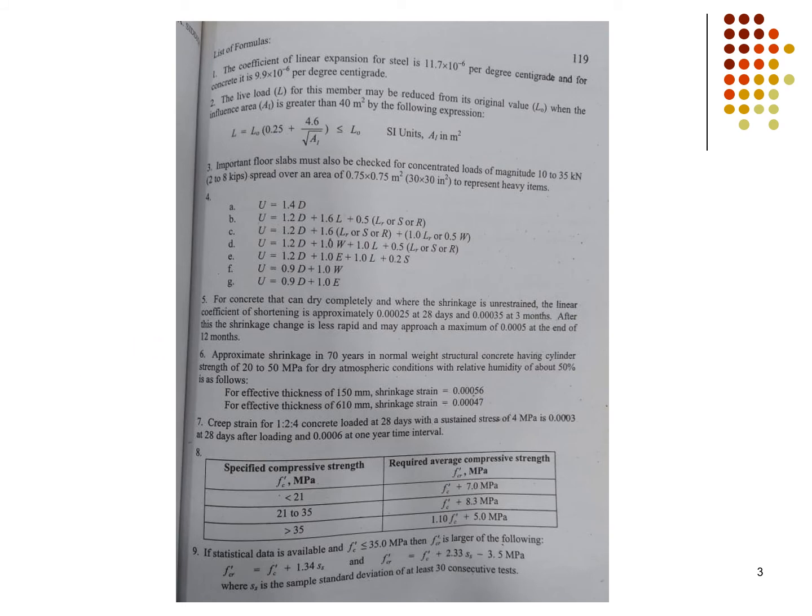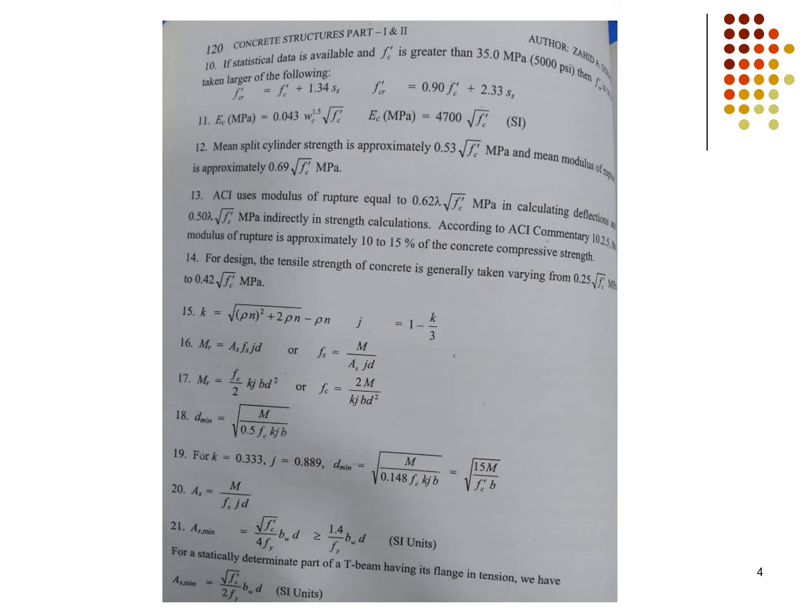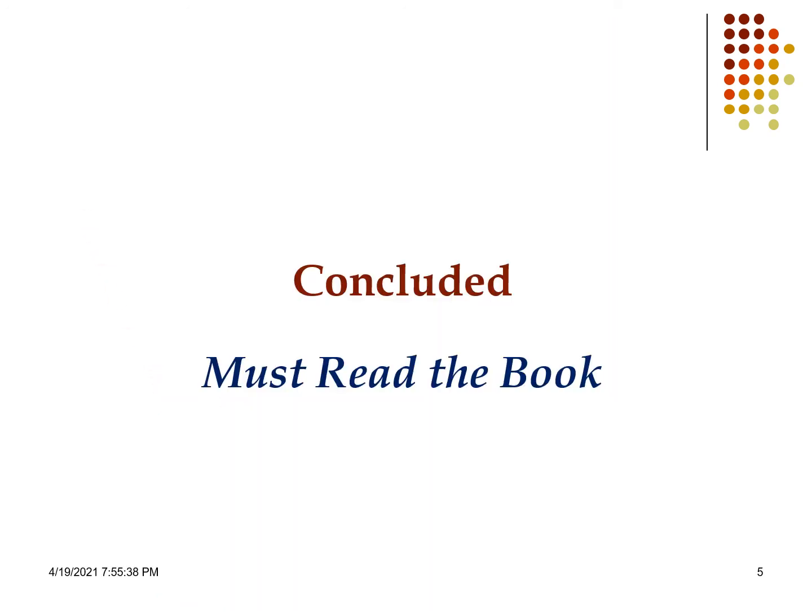So this is basically again the number of formulas which are given in the formula sheet for design of PRC. Again in this slide you can see that there are a number of formulas. These formulas are given in the design manual of PRC. In these particular slides, I just showed you some pictures from the design aid or formula sheet of PRC.